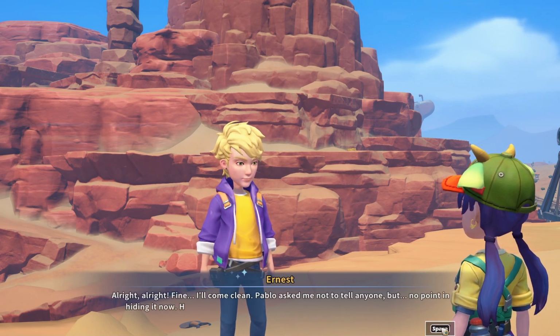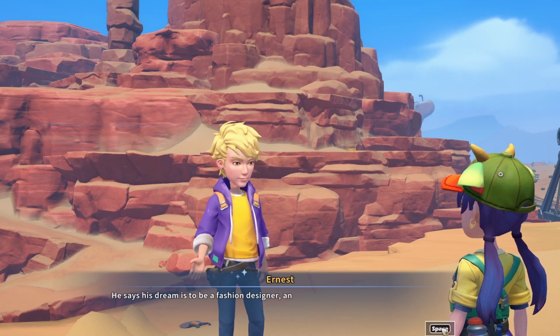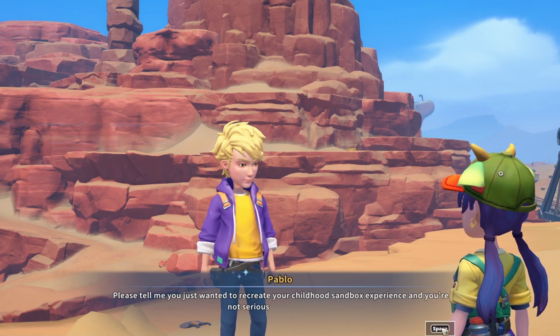All right, fine. I'll come clean. Pablo asked me not to tell anyone, but no point in hiding it now. He drew up these wonderful designs for clothing and then buried his sketchbook in the sand. He says his dream is to be a fashion designer. And I don't really have a plan yet, but I just had to dig them up. Please tell me you just wanted to recreate your childhood sandbox experience and you're not seriously digging up my...